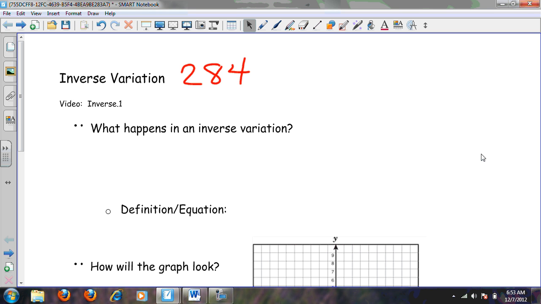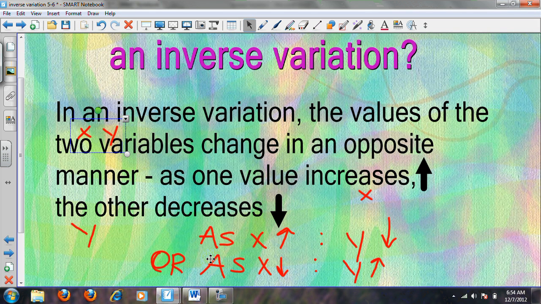When we did direct variation, whatever was happening in the value of X, or the domain, the same thing happened in the range, the Y. But this time in inverse variation, whatever is happening in the X or the domain, the opposite is happening in the range, or the Y. So what happens in an inverse variation? Well, here's what happens. In an inverse variation,